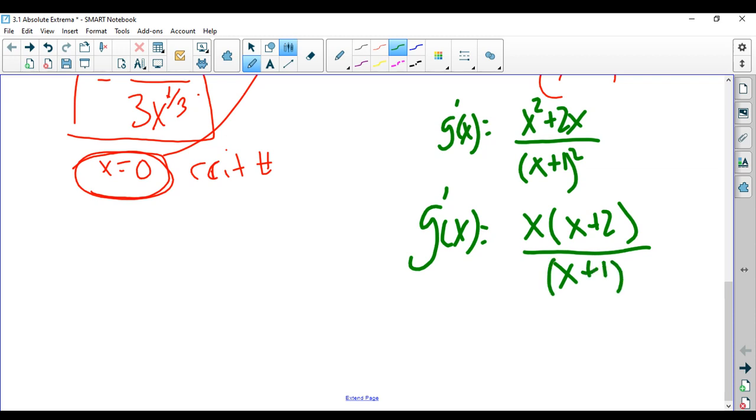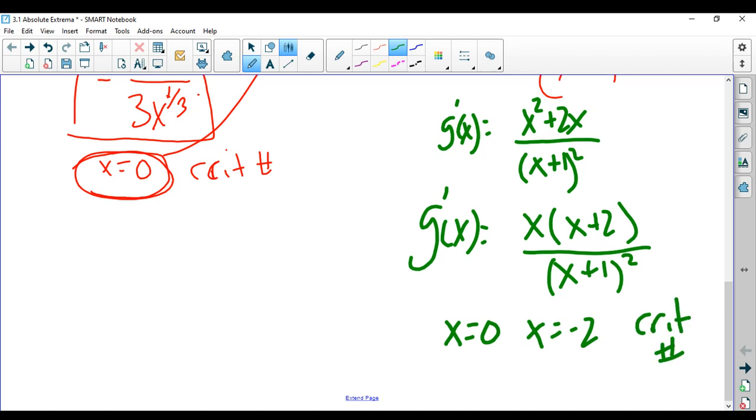So you all know how to take derivatives. That's not really the important part. You may want to practice that though. Now we have to identify critical numbers. So critical numbers again happen where the first derivative is 0. And this derivative, since it's a fraction, is 0 where the top equals 0, x equals 0, x equals negative 2,